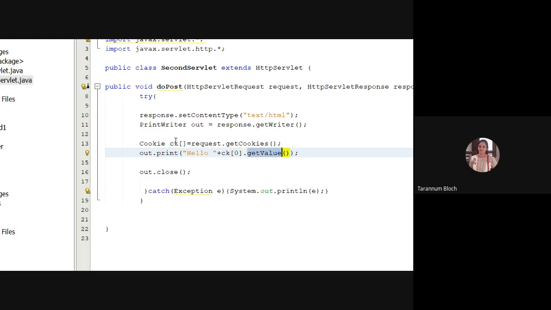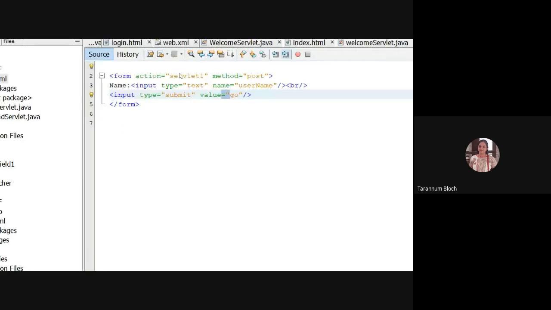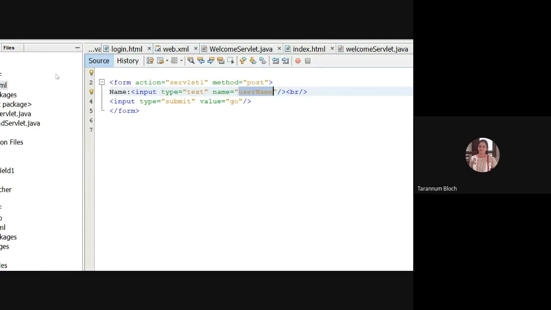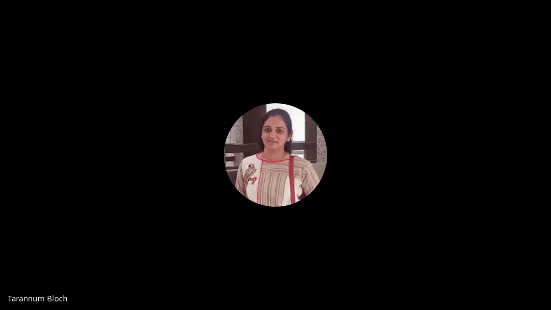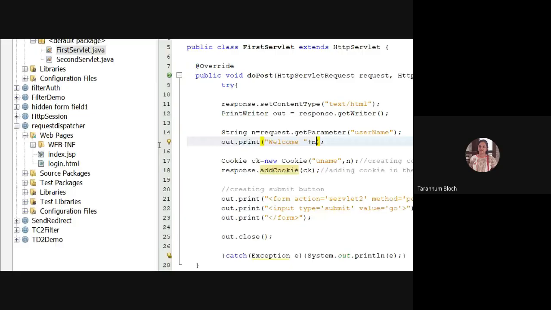So whatever you have entered in the text box, this is your index.html. In the text box username, suppose you have entered any name, suppose Taru, it will go to the first servlet and it will print welcome Taru, and now that Taru has been set as a cookie variable uname.